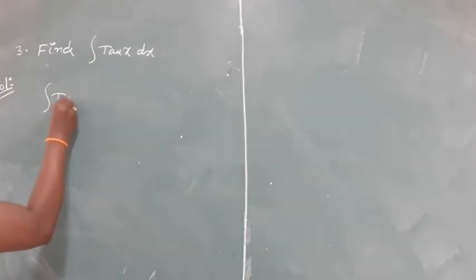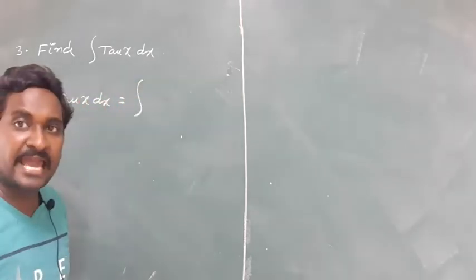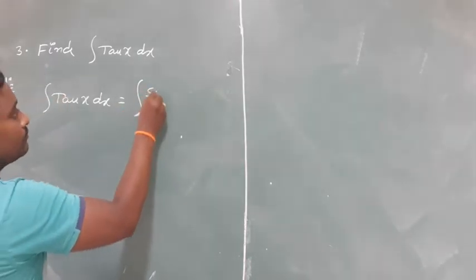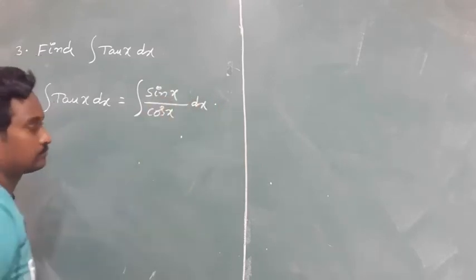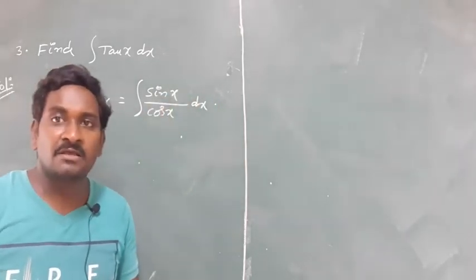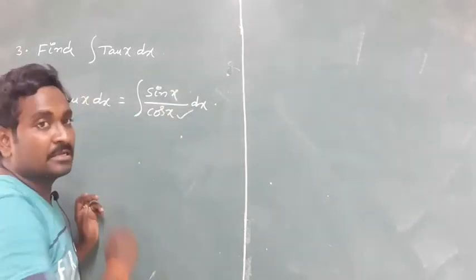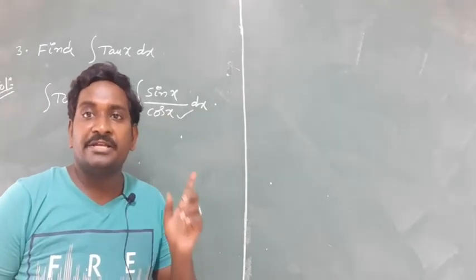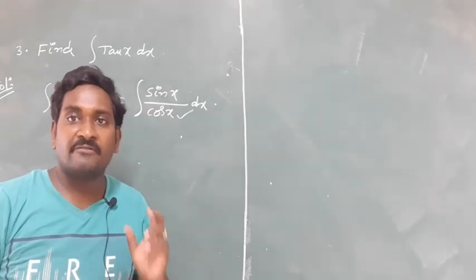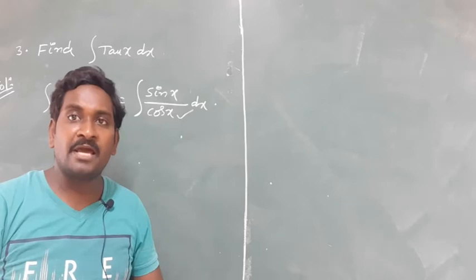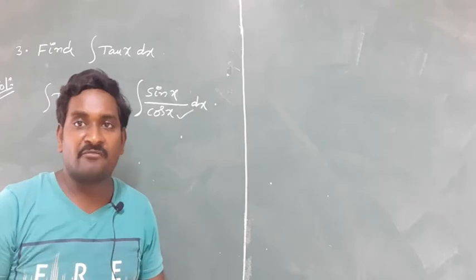Consider the given problem once. Integration of tan x is equal to, everybody knows that tan x can be expressed as sin x by cos x. In the concept of integrations, whenever the given function is in the form of a fraction, something by something, check whether the formula integration of f dash of x by f of x dx is applicable or not. Whenever the given function has a numerator and a denominator, immediately you can check the previous formula, which is integration of f dash of x by f of x.